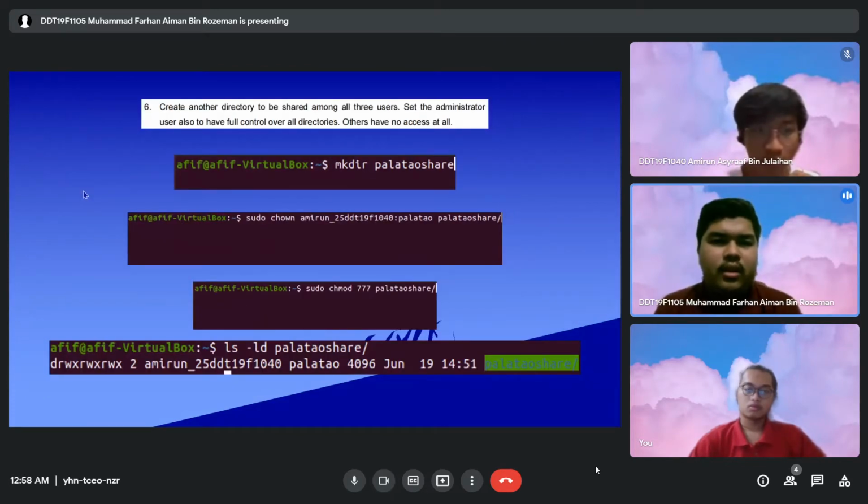So this is to create another directory to be shared among all three users. We will set the administrator Amirun to have full control over all the directories. The first step is we will use the command mkdir paletau share to create the directory, which is the paletau share. Next is sudo chown amirun